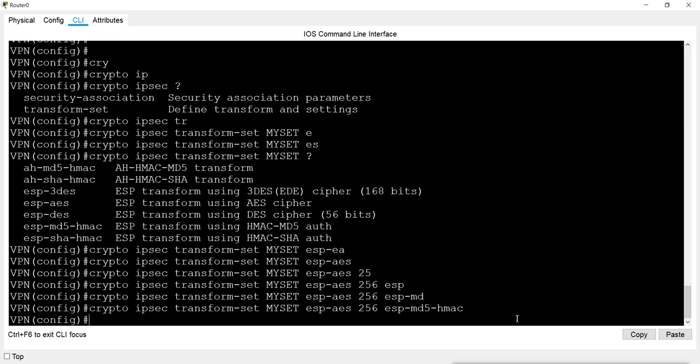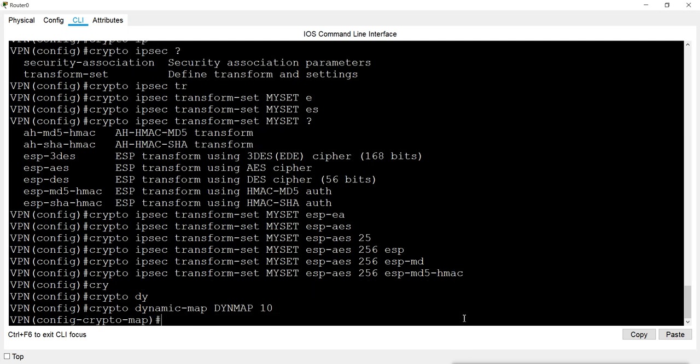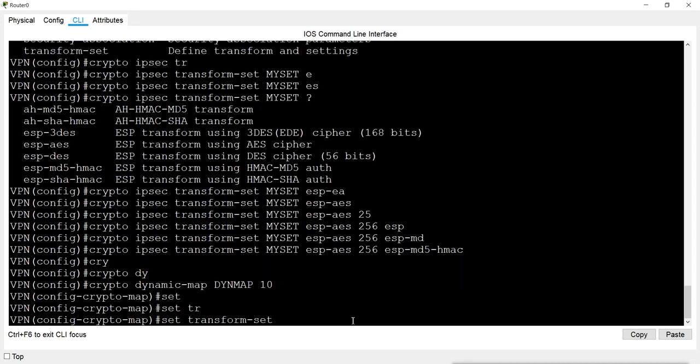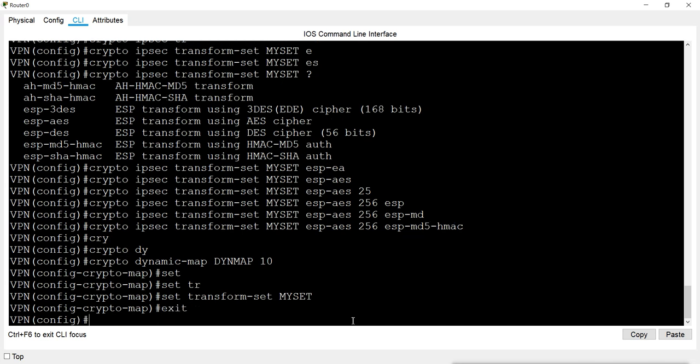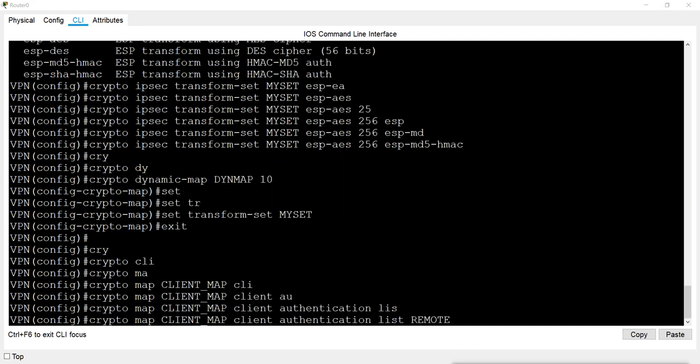And then crypto dynamic map. And then okay, now crypto map named client map, and client authentication list is remote, the list which we have mentioned previously.